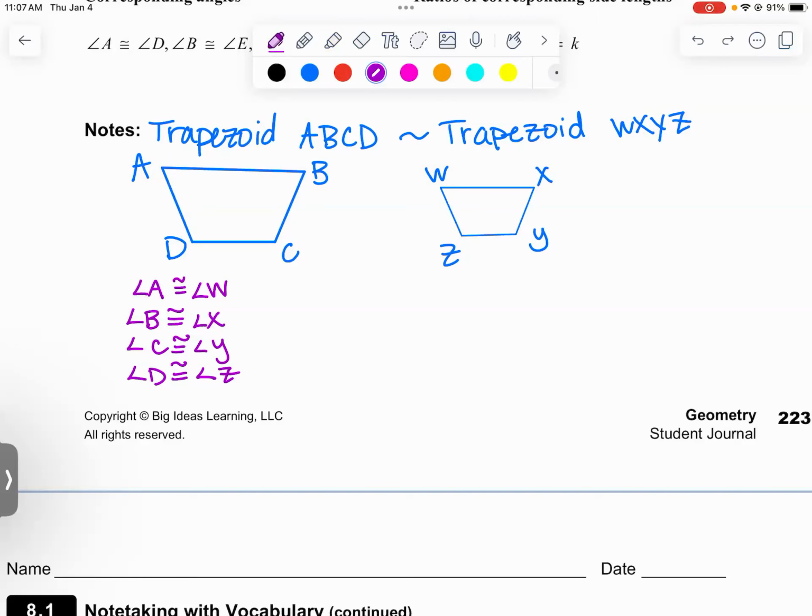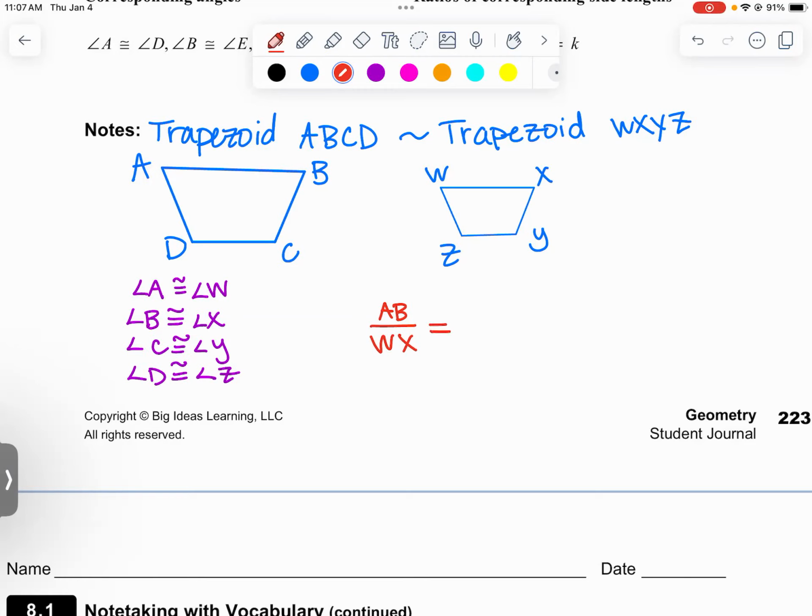Okay, now, since these are not congruent, but they are similar, then the ratio of our sides will be the same no matter which pair of sides we pick. So if I choose side AB, its corresponding side would be, what corresponds with AB? WX. So if I take those measurements and I make them into a ratio, it is going to be the